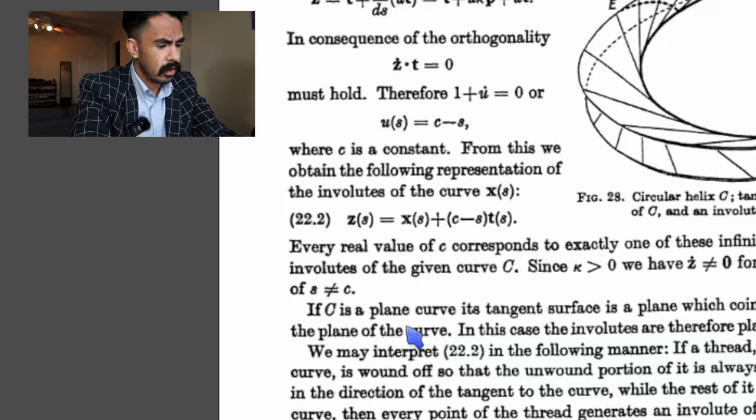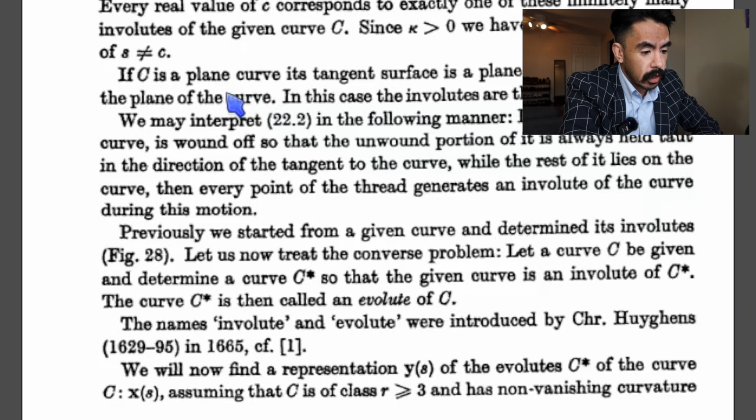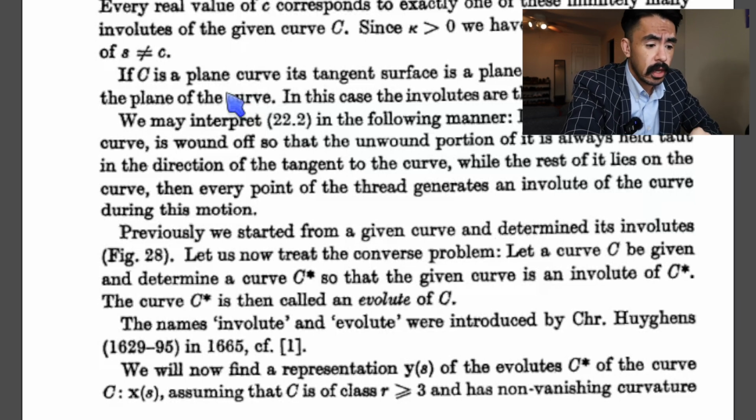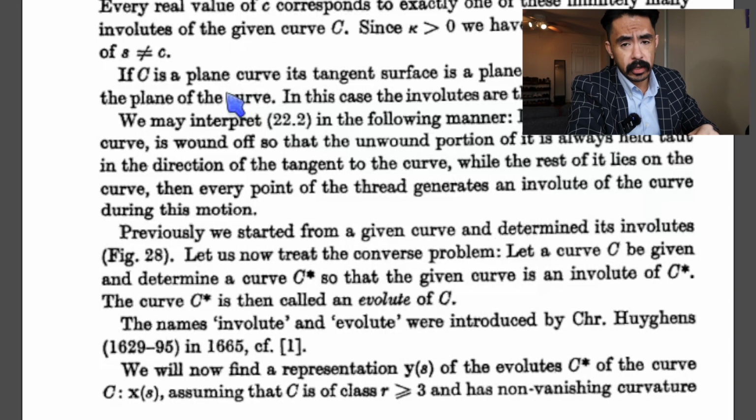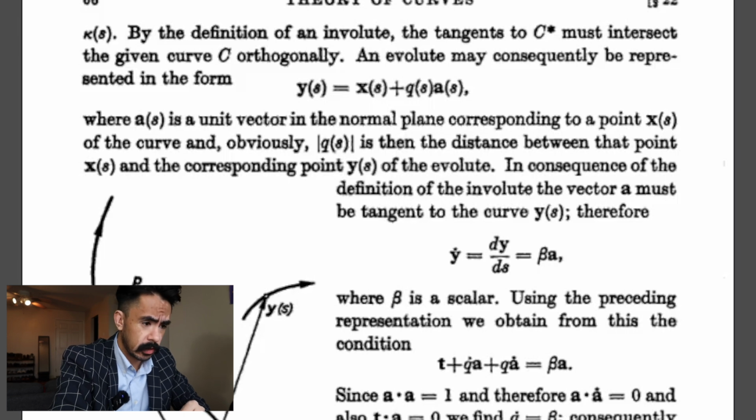Moving right along, we will now find a representation given by the vector y(s) of the evolute C* of the curve C given by its vector parametric representation x(s), assuming that the curve C is of class r greater than or equal to 3, that is to say it is at least 3 times differentiable and has non-vanishing curvature kappa(s). By the definition of an involute, the tangents to C* must intersect the given curve C orthogonally. An evolute may consequently be represented in the form vector y(s) equals vector x(s) plus function q(s) times vector a(s),